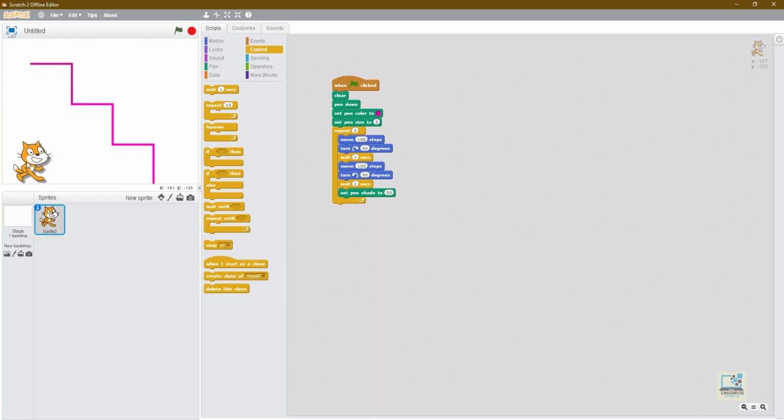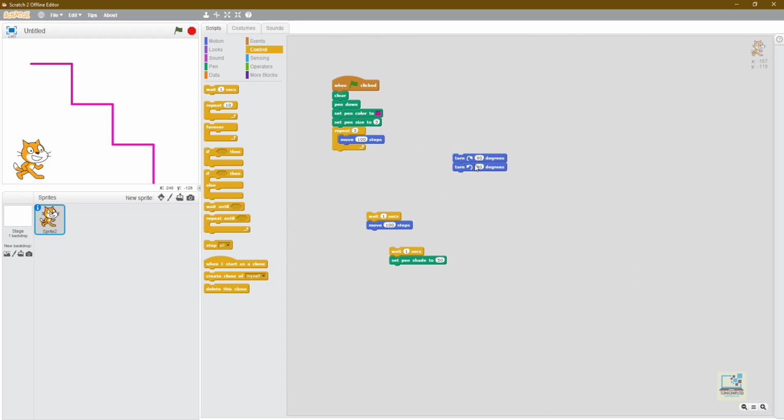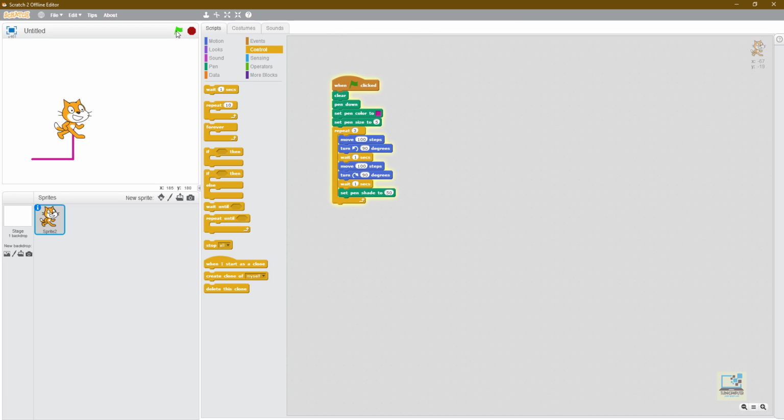So let's say the sprite is here. I'll just modify it a little bit and the program is same. The first turn which we were taking, the first turn has to be anti-clockwise. So I'll use the anti-clockwise turn first and I will use the clockwise turn later on. Okay, so it will be like this. I will just modify a little bit. Okay, so what I have changed, I have kept the anti-clockwise turn first and the clockwise turn later on, and the remaining program is exactly same. If I run this program now, it will make an ascending stair.